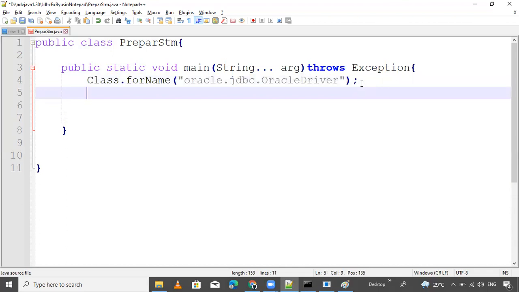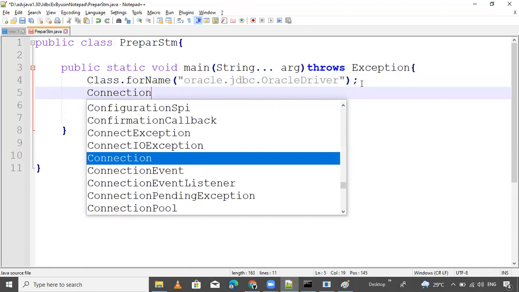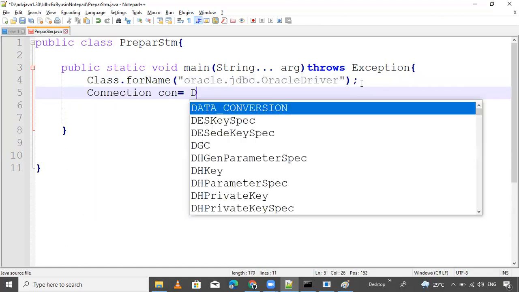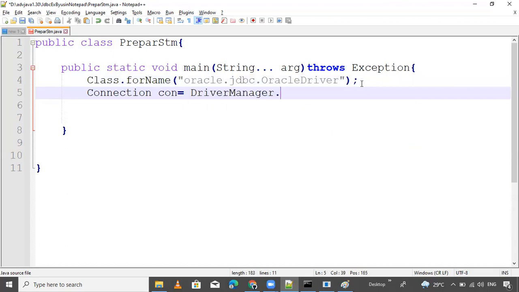Okay. So now next thing is DriverManager, like connection. Establish the connection: Connection con equals DriverManager.getConnection, the method which is present inside the DriverManager. Here we pass three parameters.